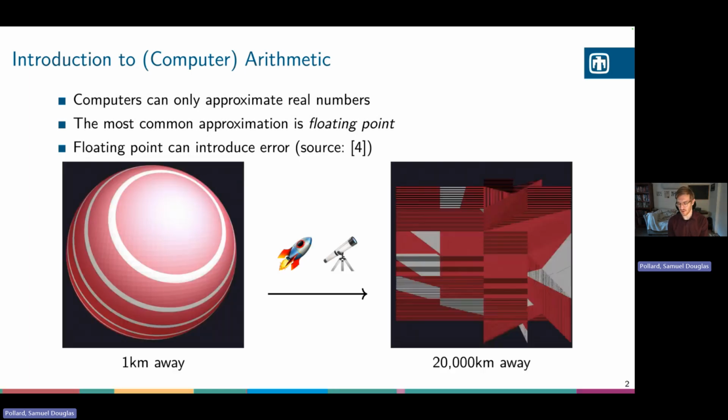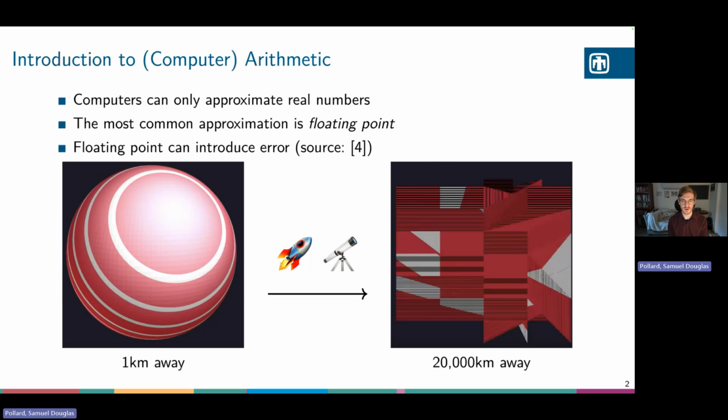So I want to give an example here to really drive the point home. Suppose you're a spaceship flying around in a virtual space, and you see a 1 kilometer sphere at 1 kilometer away. Looks pretty accurate. You can see a little bit of artifacts from how the graphics are rendered, but it looks like a sphere. Now, suppose you got in a rocket ship and flew 20,000 kilometers away,